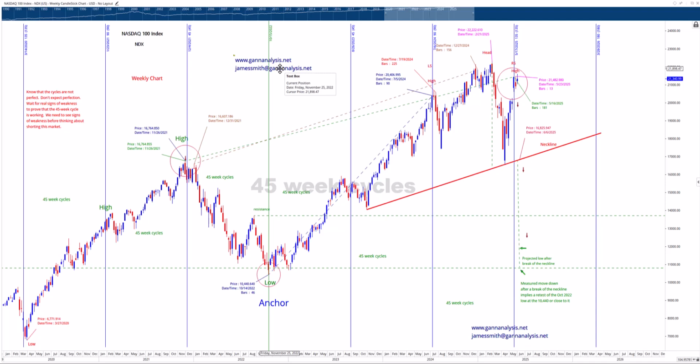Now, today I want to cover the Nasdaq 100 index and the 45-week cycle. If it sounds familiar, a couple weeks ago I did this same chart, and I showed you that we were anchoring from the October 2022 low. Every 45 weeks you get a turn. It's not always perfect. Nothing ever is with cycles. Sometimes they work, sometimes they don't. But a concept that I would offer you today is the idea that you don't just depend on one cycle.